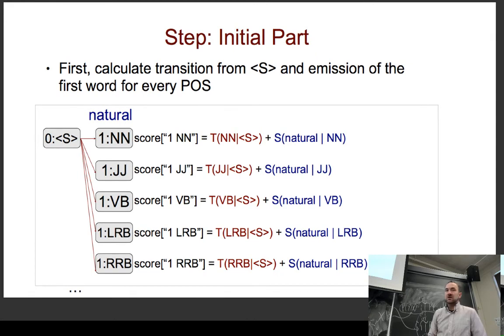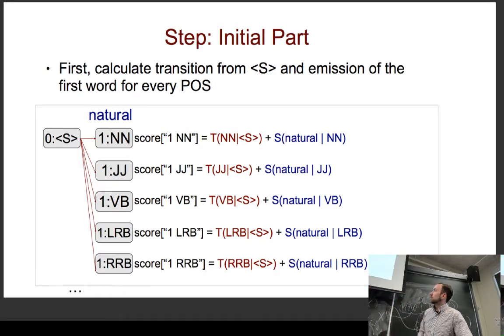So the way we do this is basically exactly the same as the Viterbi algorithm, with one small difference. If you remember, the Viterbi algorithm is a dynamic programming algorithm where we step through forward and then calculate backward. And we actually use the Viterbi algorithm to solve the argmax problem here. But now we don't want the max solution. Instead, we want to know the sum of all the solutions.